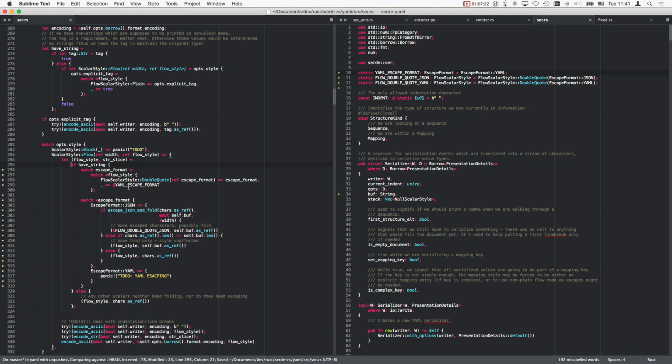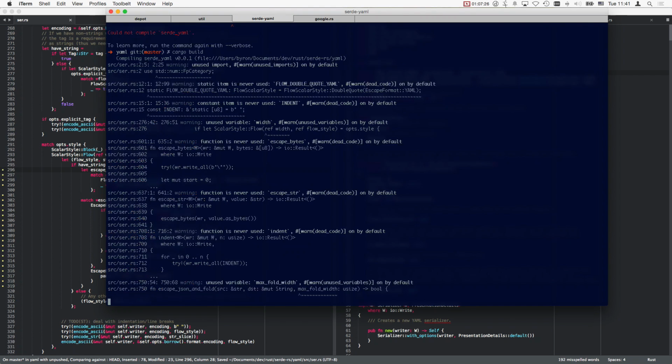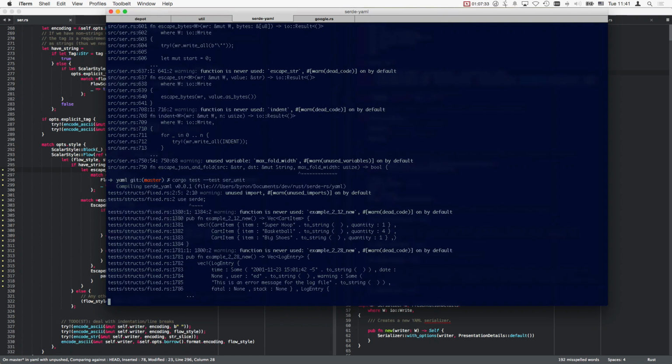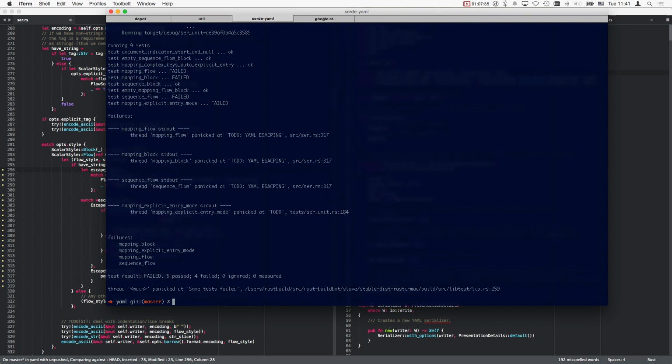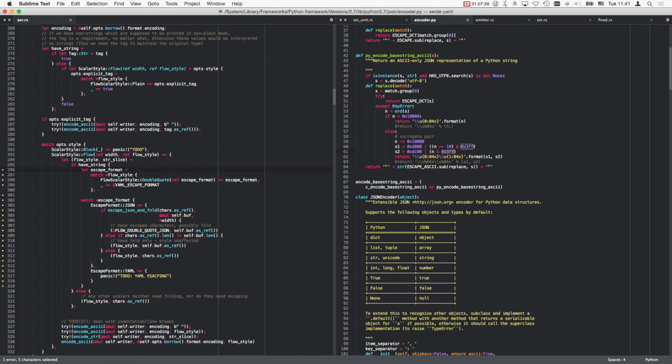Ah, it's a match. Oh man. Okay, cool. That even works. So now we should see a different kind of panic here to do YAML escaping. We don't have that. And yeah, you know, I'm